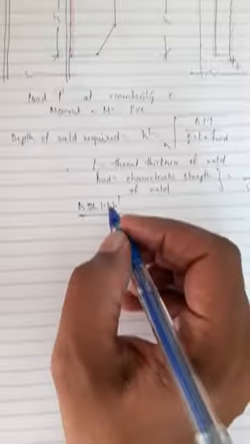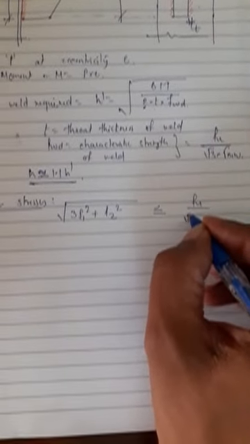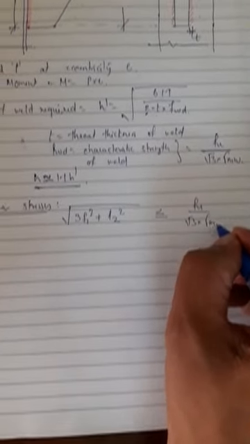Now go for the check for stresses. Once you finalize the throat thickness and find out H, you need to check whether stress in the extreme weld is less than characteristic strength, that is Fu by root 3 gamma mw. So check for the stress is given by the equation under root 3 F1 square plus F2 square. This should be less than characteristic strength, that is Fu by root 3 gamma mw, where F1 is